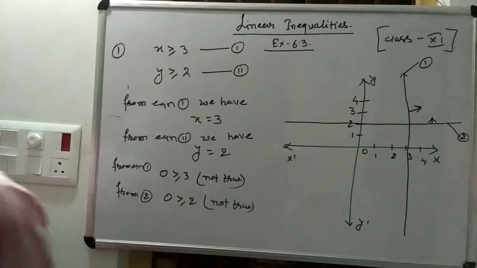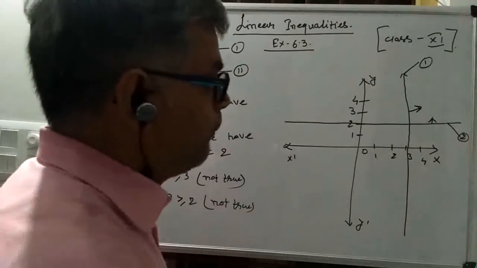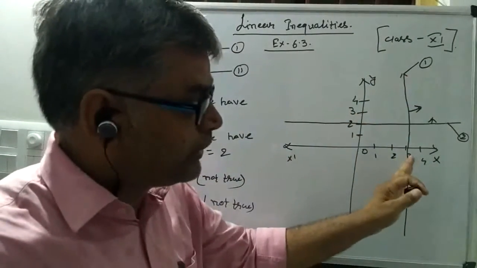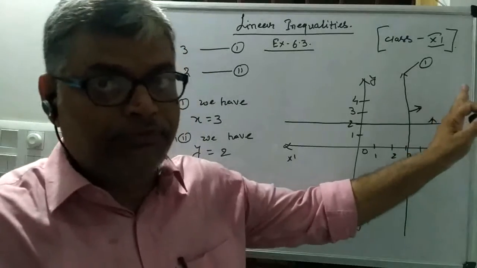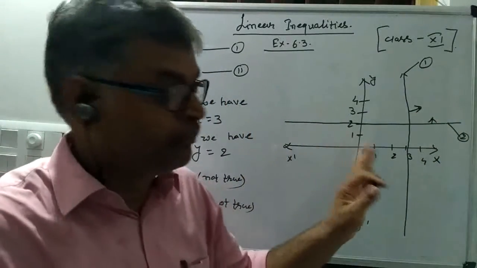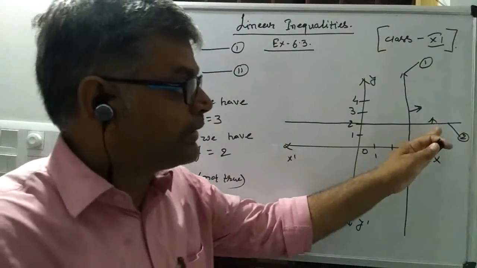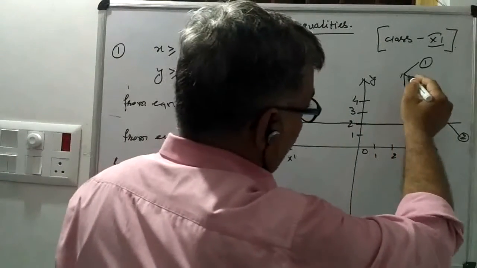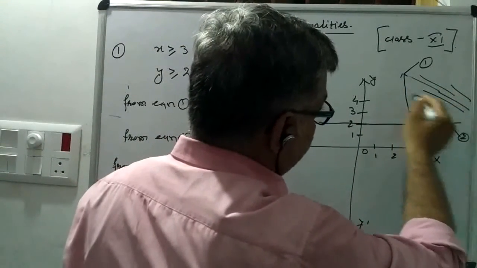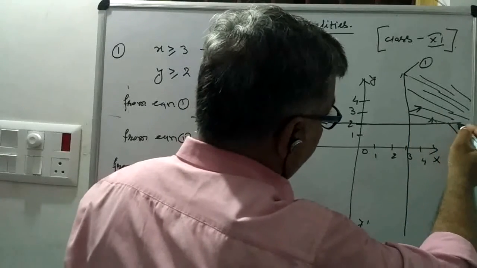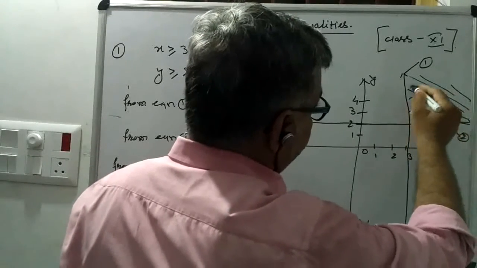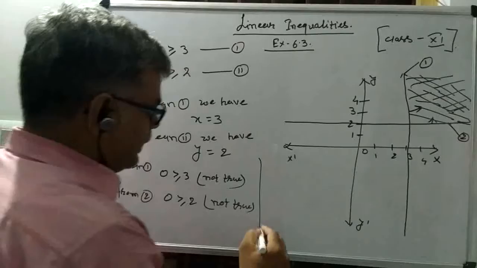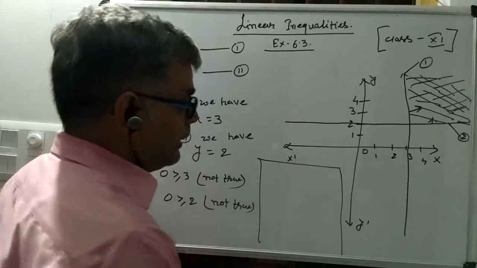Now you have to judge the solution region of these inequalities. You see that from the graph of the first inequality, your right half is satisfying the inequality. And from inequality 2, you can see that your upper half is satisfying the inequality. So your solution region will be the shaded portion of these two areas, the area bounded between these two lines, this way. So your solution region will be here. You should mention the solution region.